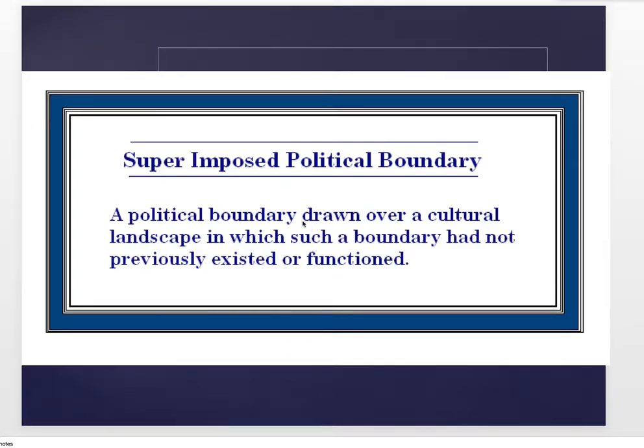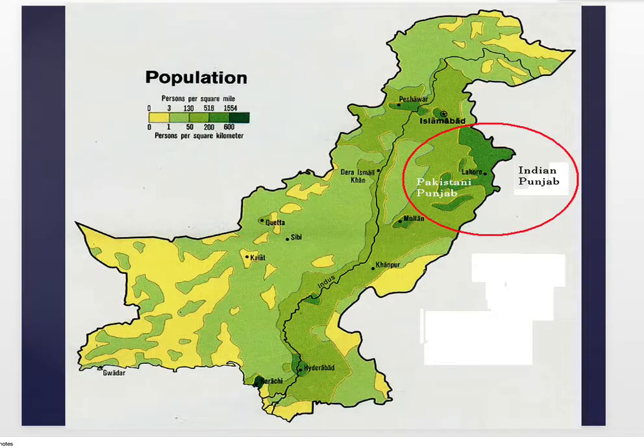Okay, last we were, I'd given you a definition for a superimposed political boundary, which you can see there. Now, let's have a look at that border between India and Pakistan. We have the border between India and Pakistan running right over here. This country is Pakistan over here. India is over here. You can see how Punjab state has essentially been split into two by the border being